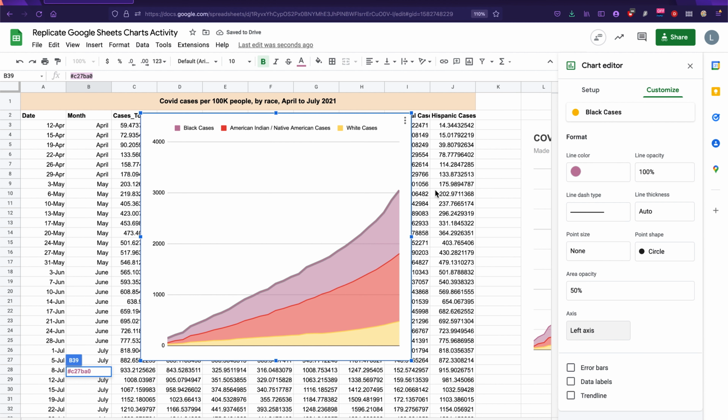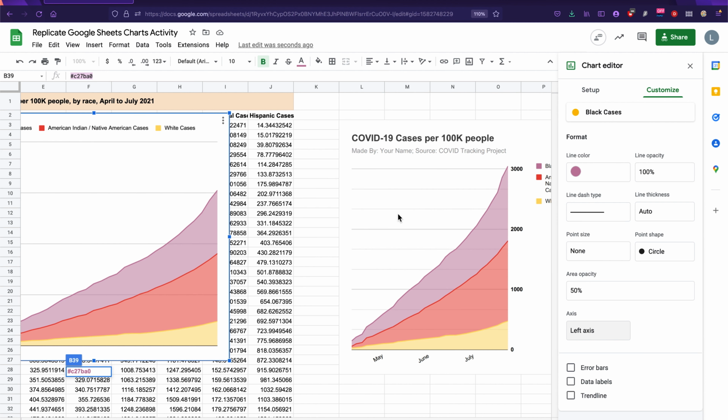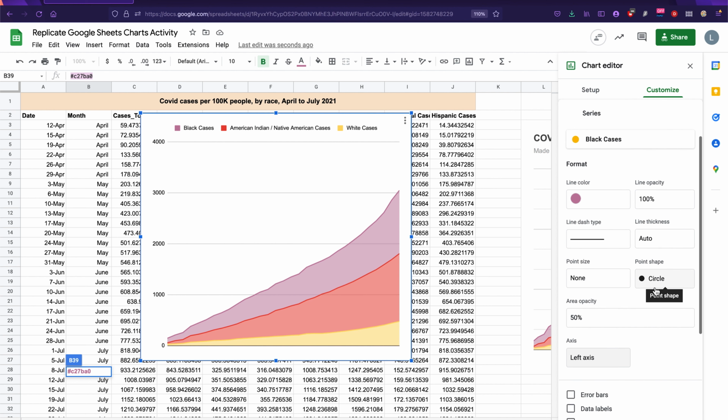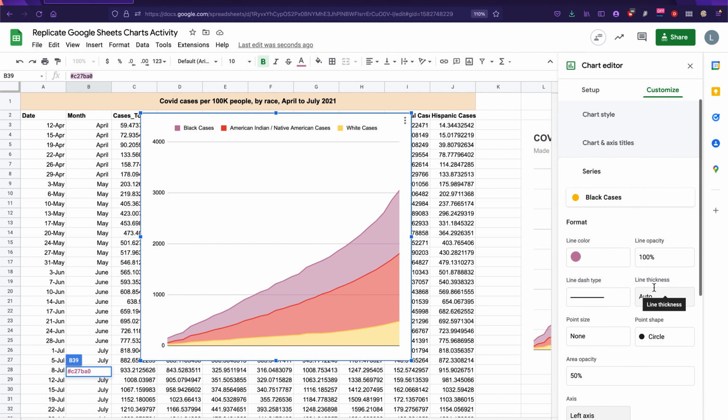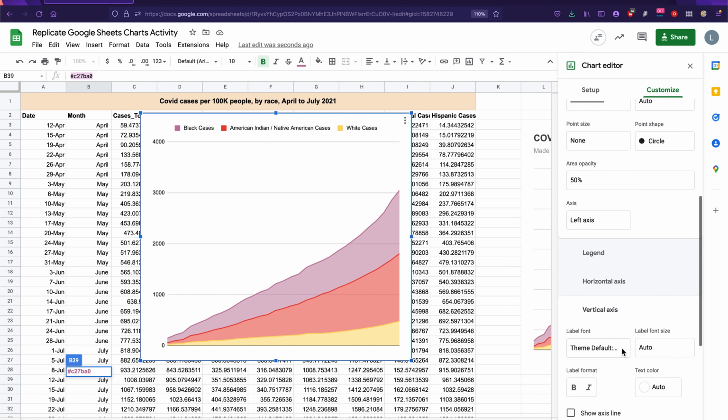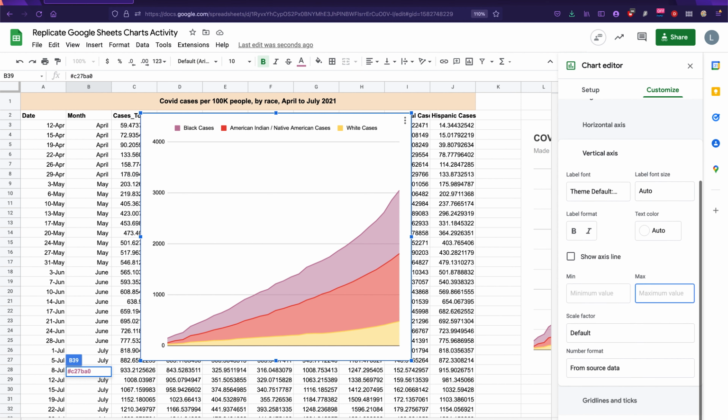I'm not sure why that's happening. I hadn't seen that before, actually. But we can just leave it on the left. It's totally fine. Since I'm here, I'm going to go to my vertical axis and change the maximum value to